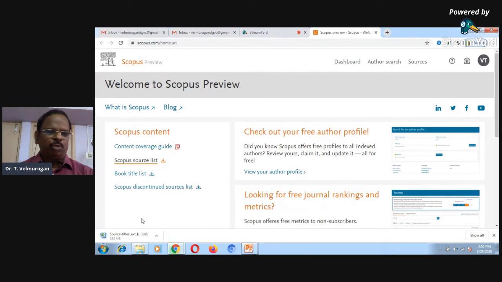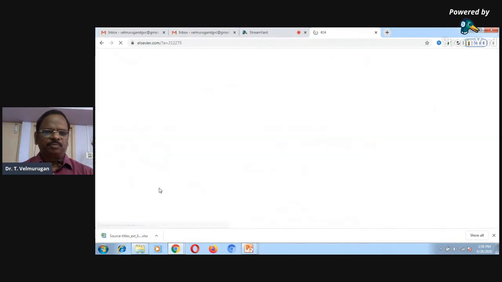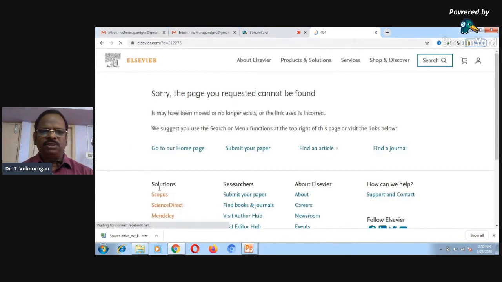This is the June list, valid up to tomorrow only. The day after tomorrow, they will publish another list. So up to June, the Scopus journal list is available. If you want to see the discontinued list from Scopus, you can download it using this.